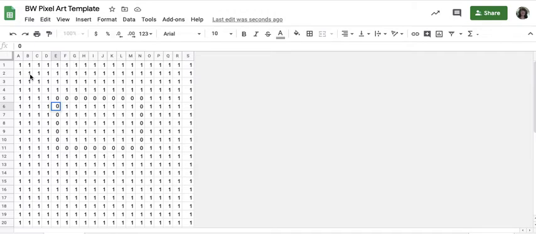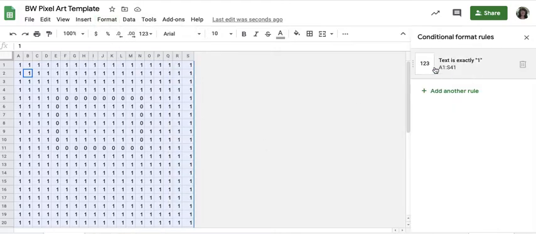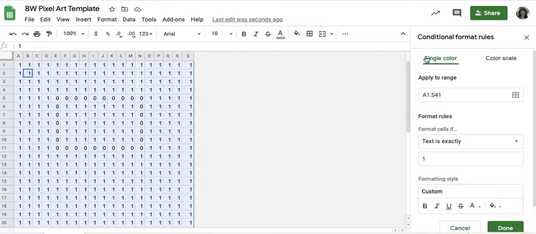So in order to see your image as you're drawing it or filling in the zeros, you can use conditional formatting. And the way that you do that is to select all of your cells by Command All or Command A, and then go to Format and down to Conditional Formatting. I'm doing this in Google Sheets, but you could use any spreadsheet tool. So in Google Sheets, you go to Format, Conditional Formatting, and you're going to add some rules. This one has already been added where you're going to choose a single color and apply it to the entire range of your spreadsheet,